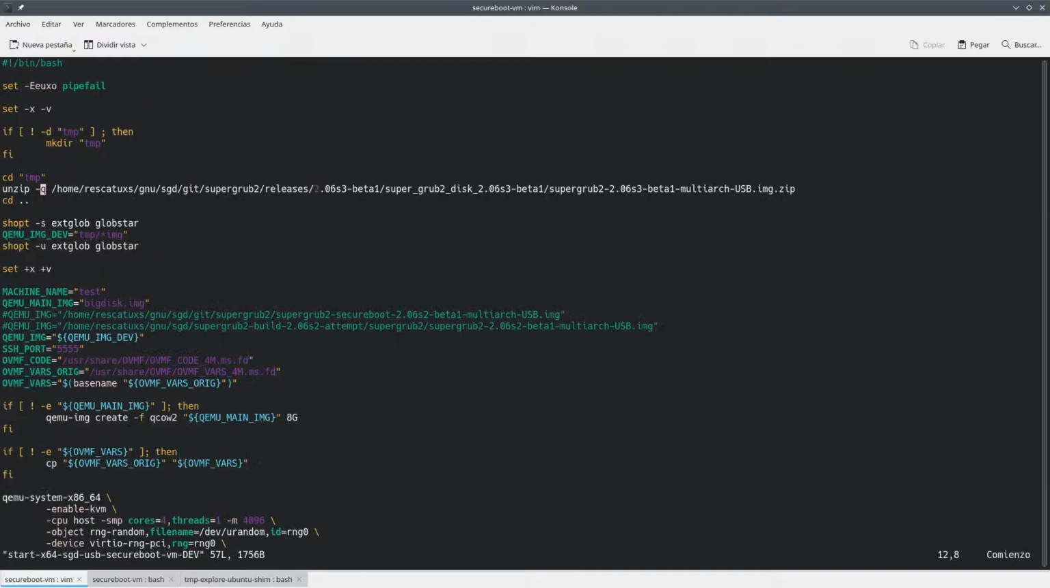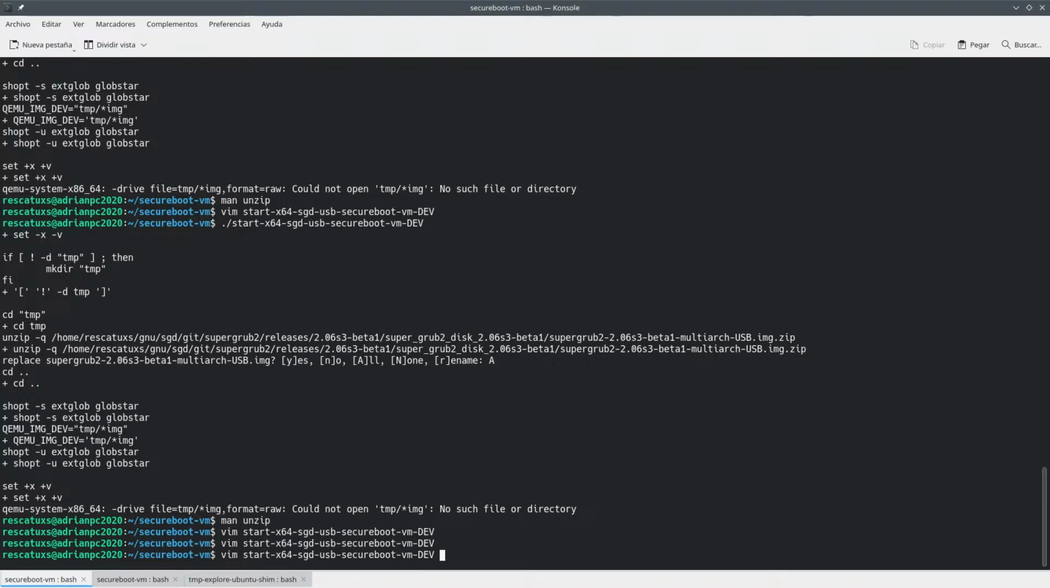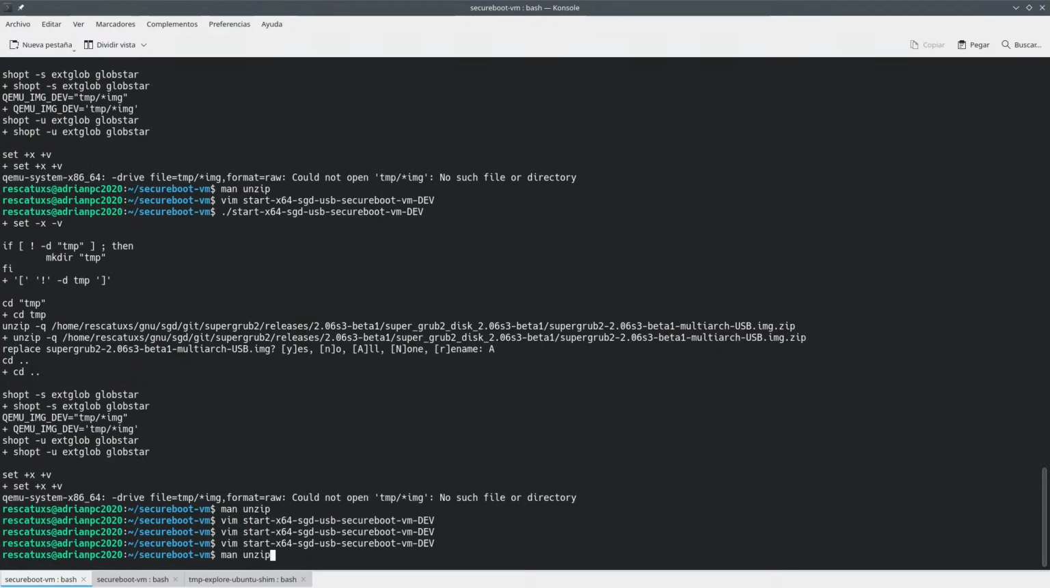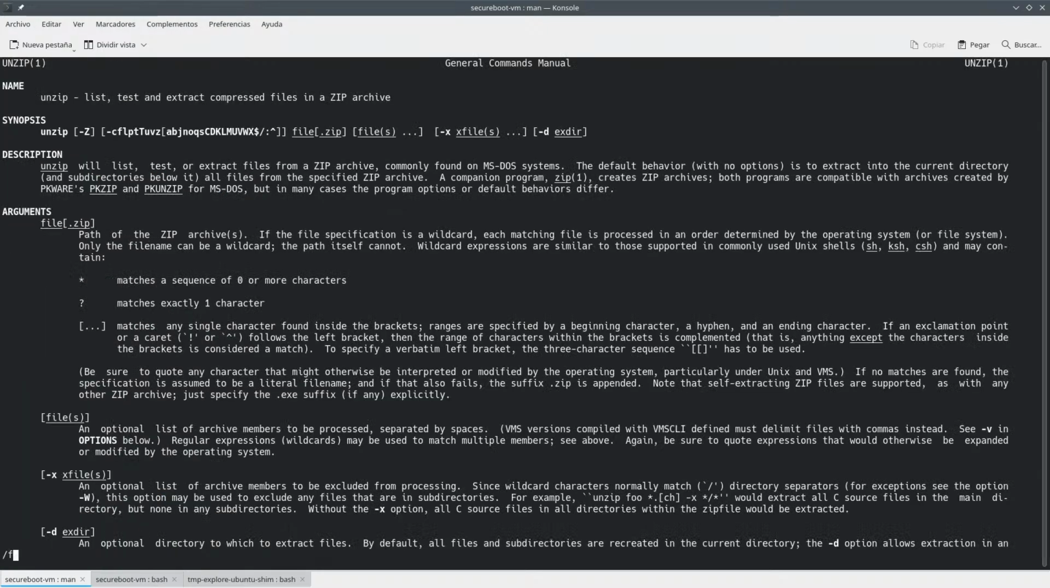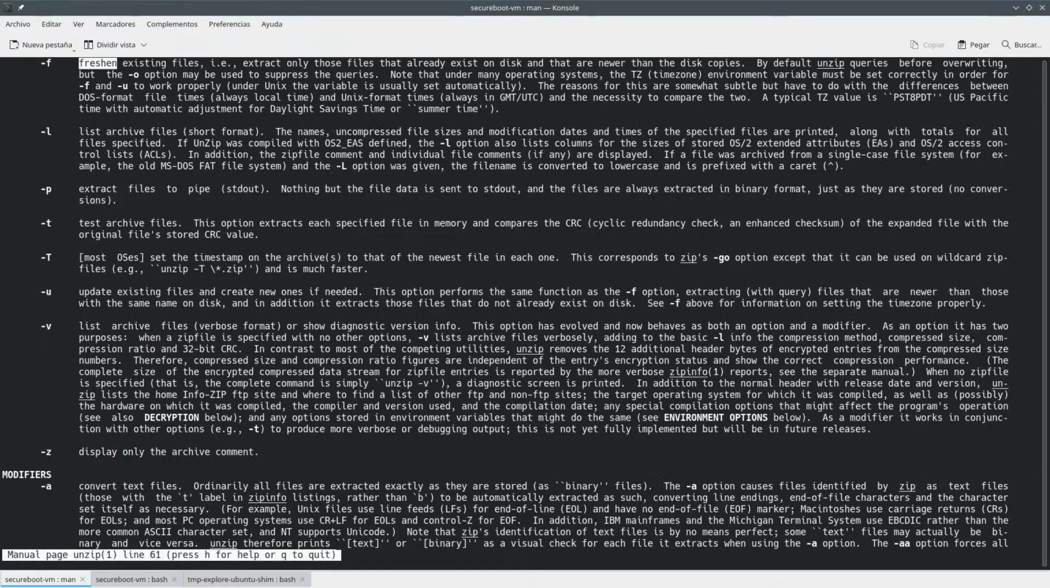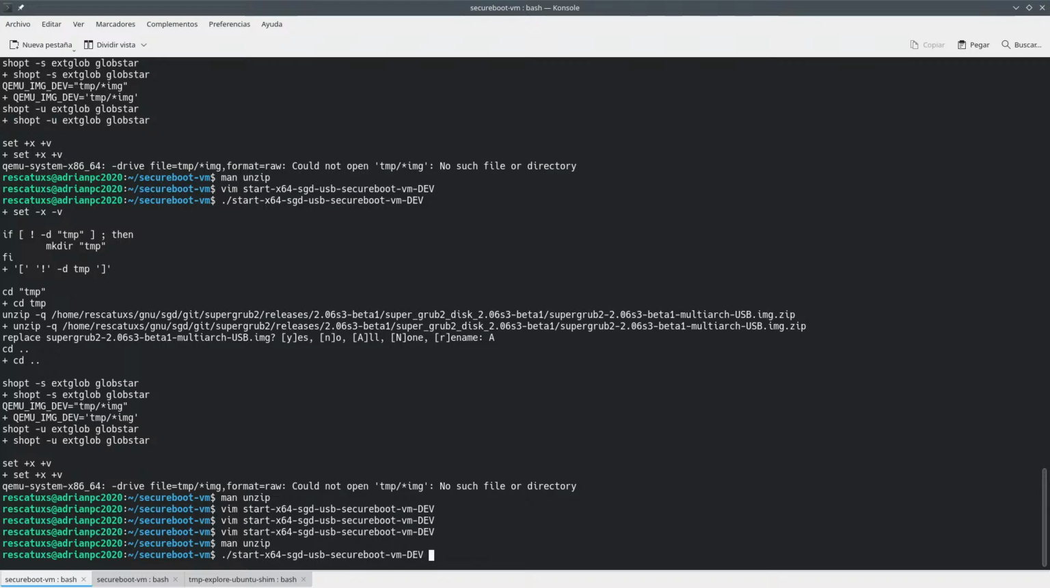Okay, let's see if I can... so freshen. Maybe we are supposed to be using it like this. Freshen: extract only those files that already exist on disk and that are newer than the disk copies. Note that... okay, anyways, I think it's a good idea to do